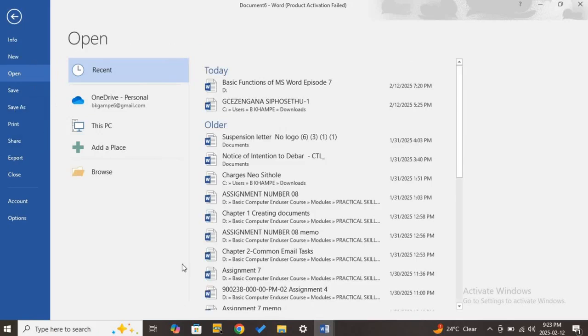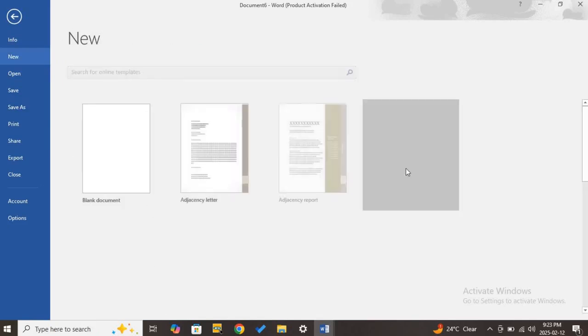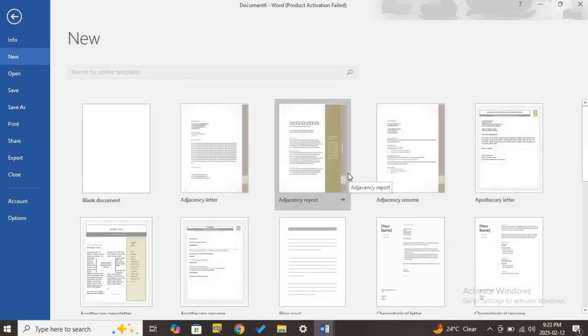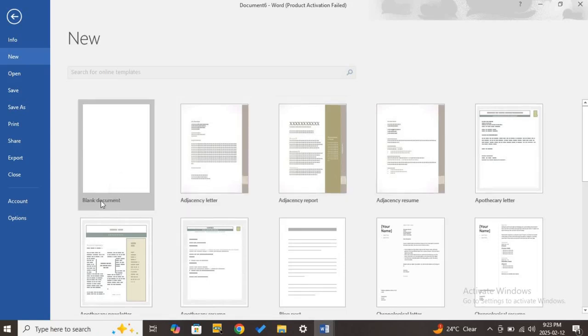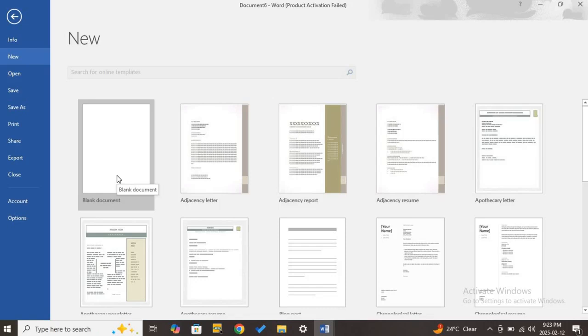Now, this is a blank document, right? This is a blank document. Now, you either will have an option to select a blank document or select templates. These are templates. A template is an example of a document that you can use to edit on. That is a template. So you will either choose a blank document to create a new document from scratch, or